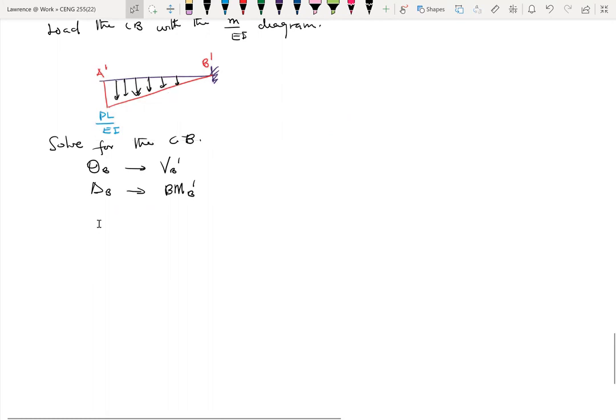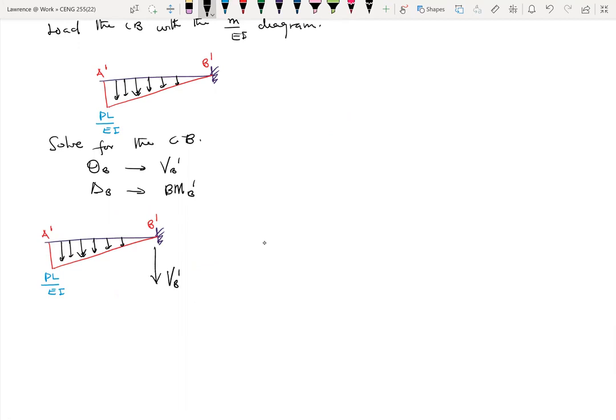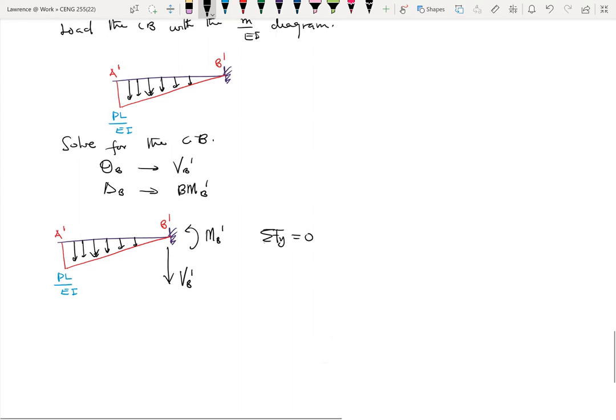let me just make a copy of it. Okay. So I just take this. It means that I have these reactions. So here, I assume that my VB is going downwards, okay? And then my moment is acting in the anti-clockwise direction. So let's say MB prime, okay? So if you are summing vertical forces, which is equal to 0, so we have a triangular load, which is a varying distributed load, right? So it means that